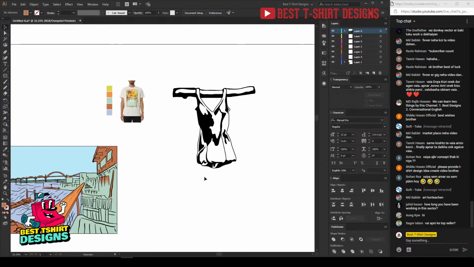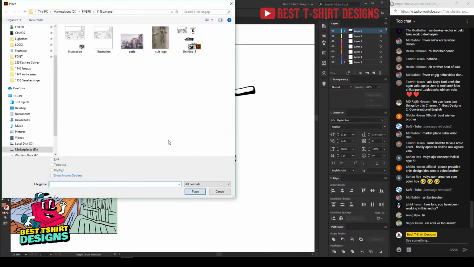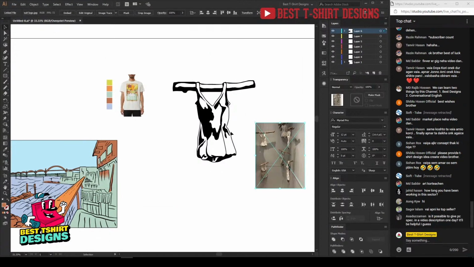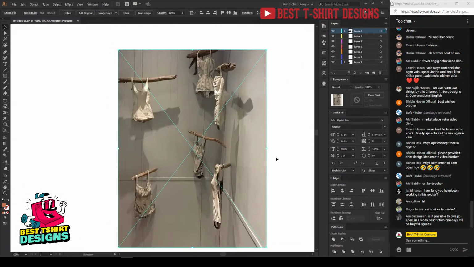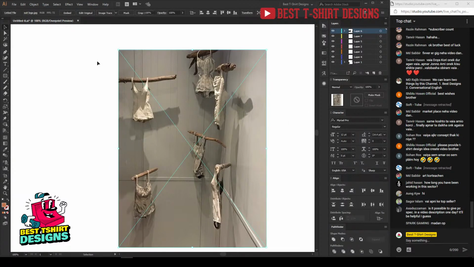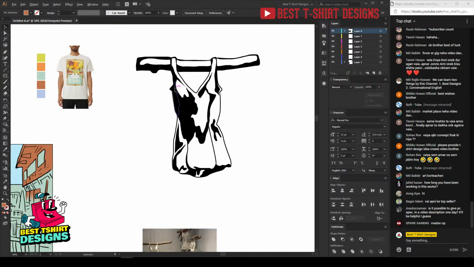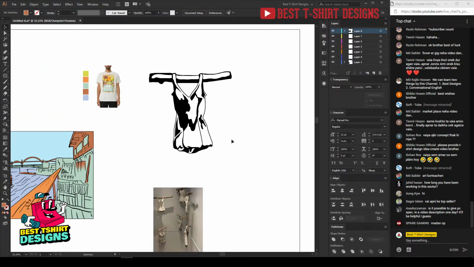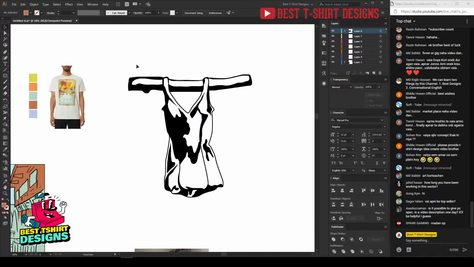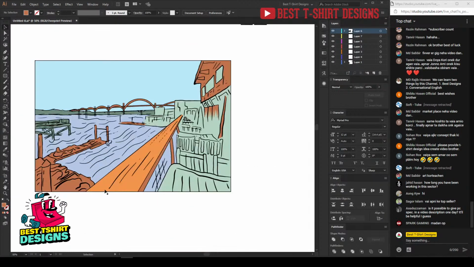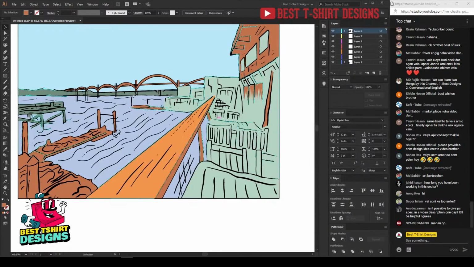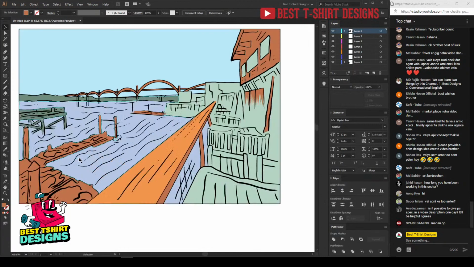Okay, so here is another drawing that I made from this image. This is the image my client provided. These are some hanging swimsuits. I don't know from which century it is, maybe from the 90s or something else, some old stuff. This is what my client sent, and then I made this drawing. This is of that swimsuit, and I have to put some colors to it. And here let me show you one thing. In this drawing there are too many small areas that are missing, like they were not perfectly closed to each other, so that was a bit hard work for me